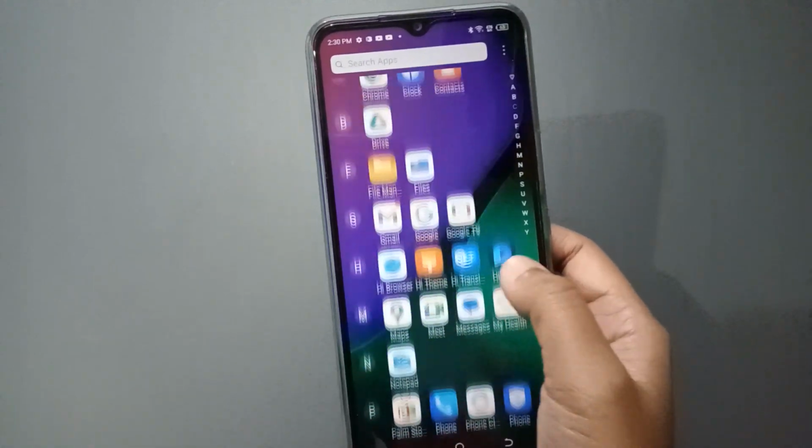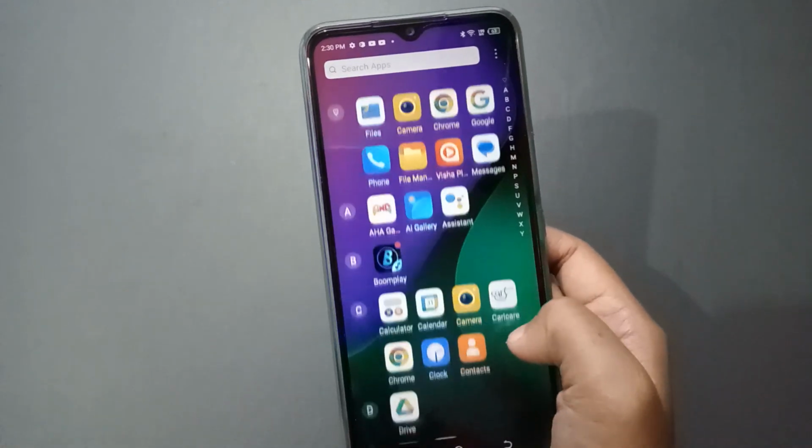Friends, today in this video I'm going to show you how to activate screen recording on a Tecno mobile